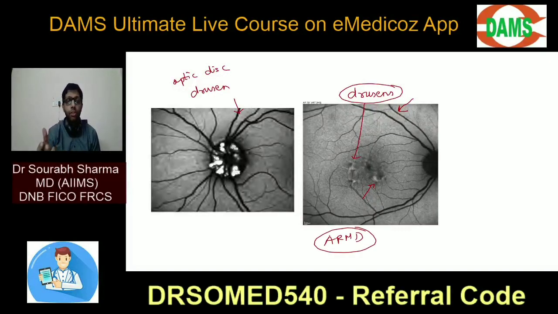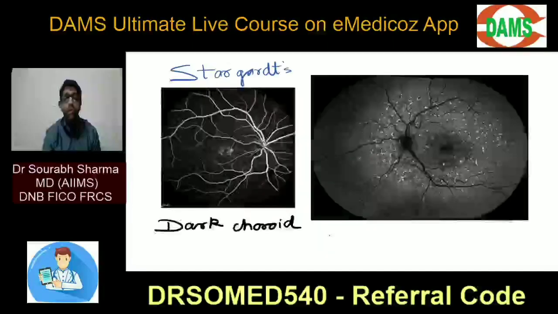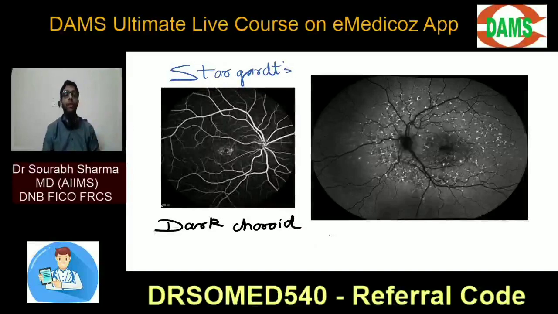The other deposition was lipofuscin. Now let me give you an example of lipofuscin also. Stargardt's, it is a dystrophy of the retina. I'm not going to detail it. See which one is angiography and which one is autofluorescence. See this picture. This is the right retina. This is angiography. Now you can appreciate this. Why? The vessels have dye.